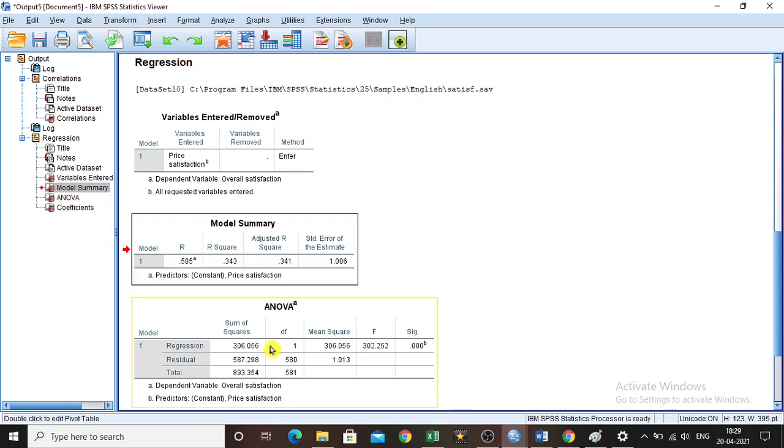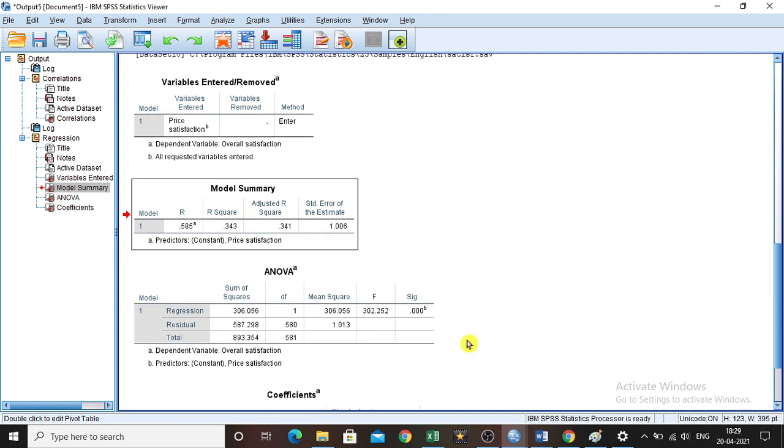Then coming back to this ANOVA, no need to see anything else. In the ANOVA table you have to see the significance first. It is 0.000. Always the significant value should be lesser than 0.05, then only the alternate hypothesis will be accepted. In other words, the null hypothesis will be rejected, which means here there is a significant difference between the two variables.